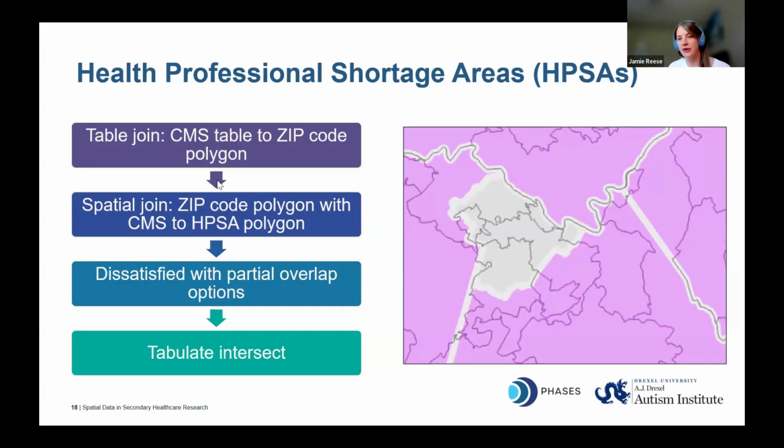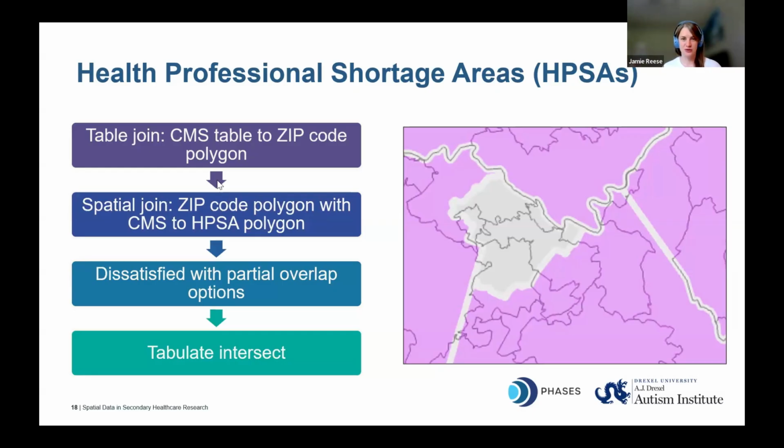So once we got that on the map, we compared it to the CMS crosswalk, even just saying, okay, give me if it's majority HPSA. We found that some of the zip codes that have partial overlap aren't flagged as HPSAs at all in that crosswalk. So between wanting to look at it with a little more nuance and wanting to make sure that we were capturing everything that we could, we took it a step further.